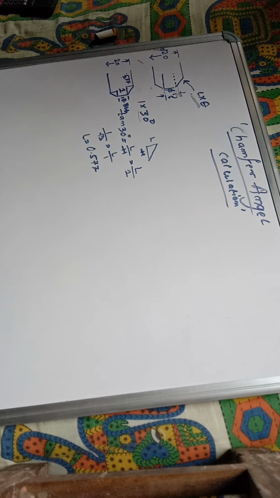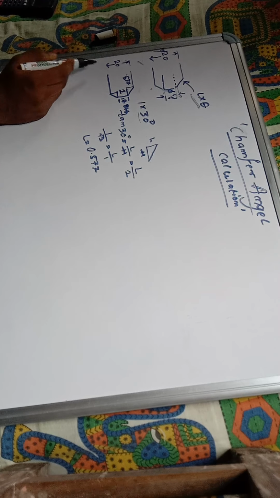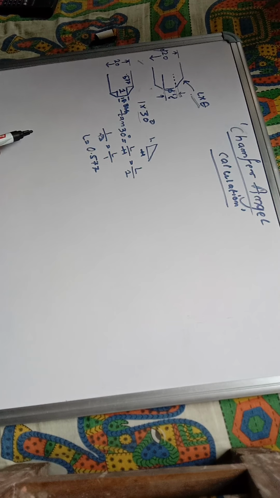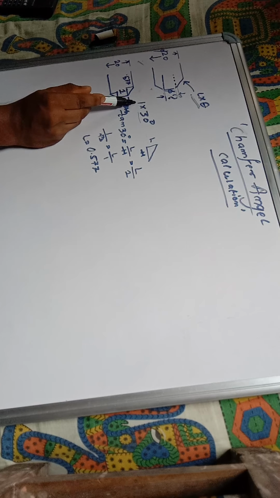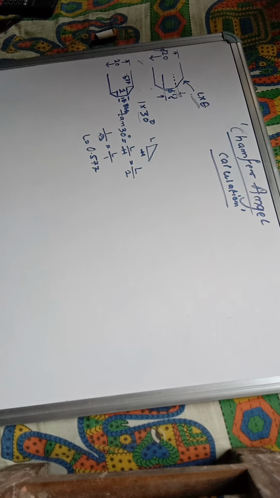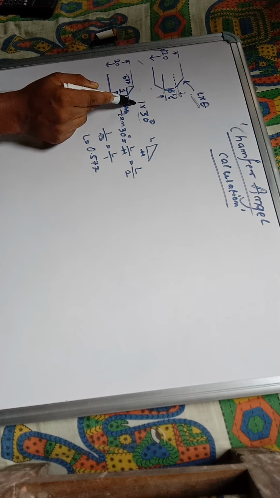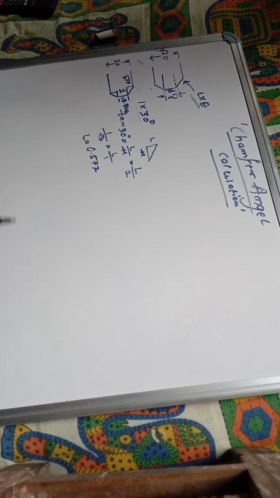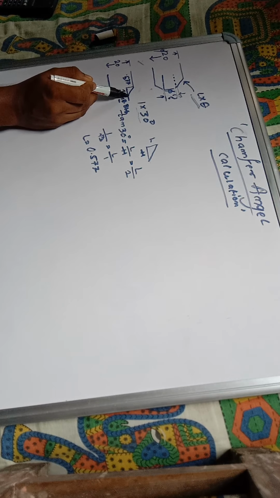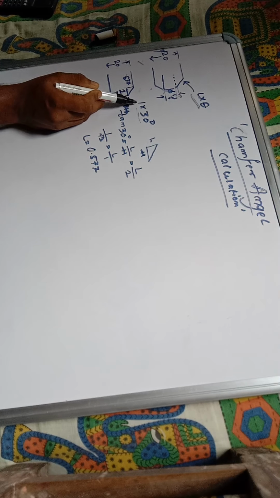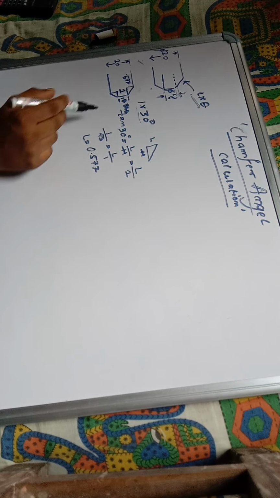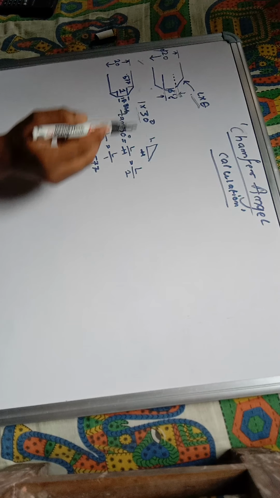So let's start. Suppose you have a drawing whose diameter is 20 mm, and the given L into theta, where the value of L is 1 and theta is 30 degree. Then you have to calculate the chamfer angle, height and breadth. So what does it signify, the 30 degree and L? L is simply the length from here to here, that is 1, and the value of theta is 30 degree.